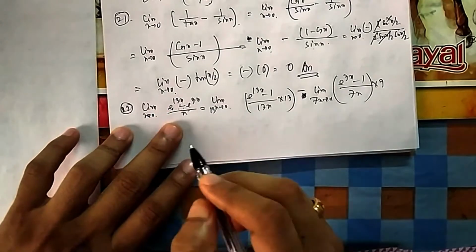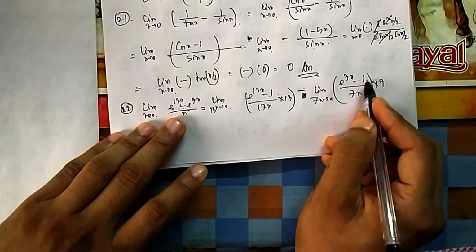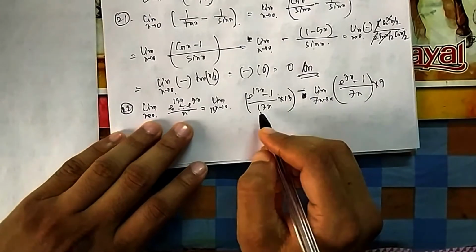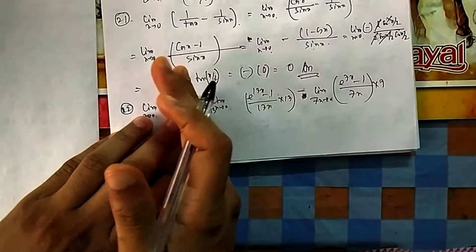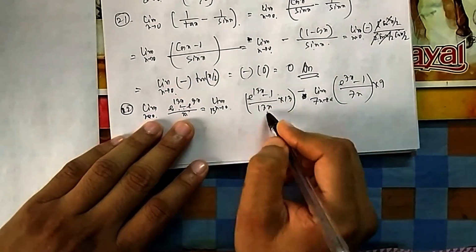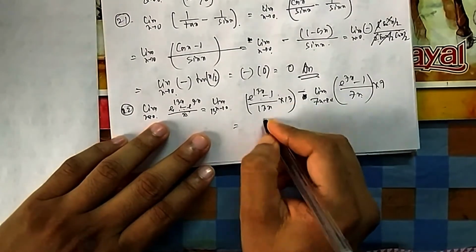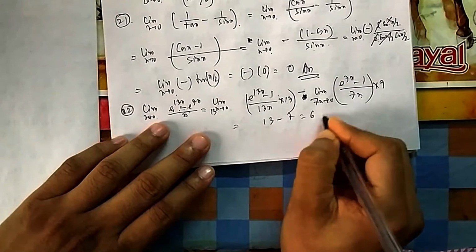We have done this one in earlier questions also. In this one you can see the minus 1 and plus 1 get cancelled. I have divided by x and segregated this by x and this by x. So 13 I have given extra to make it all 13, 7, 7, 7, so this 7 will get cancelled. Now if you put it, it is 1 into 13 minus 7, that is 6, which is your answer.